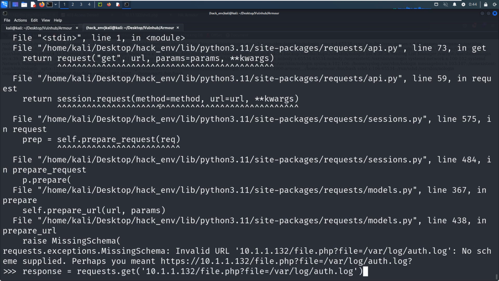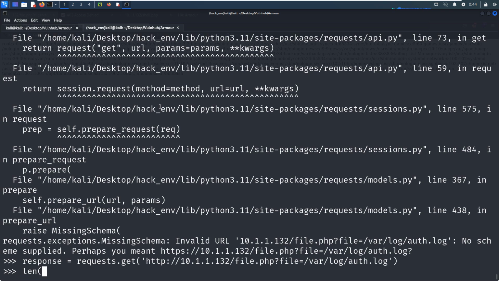Oh, sorry, we need to remove file. And I think we need to put the prefix. This is my bad.